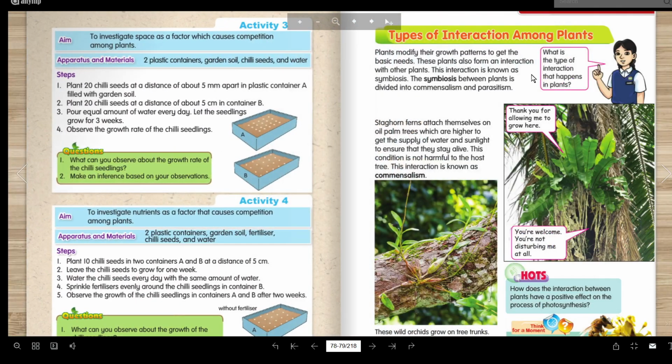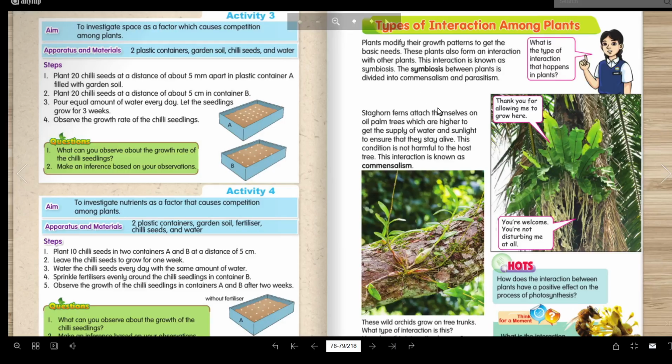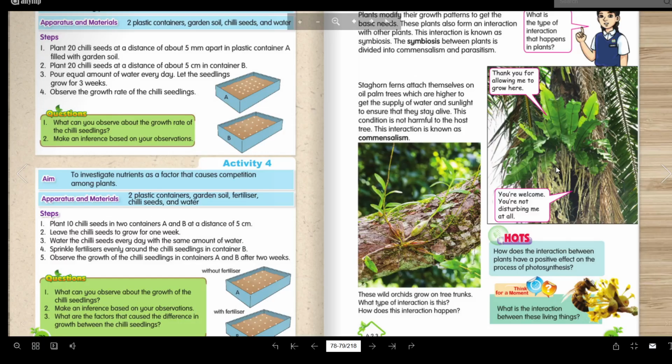Next is types of interaction among plants. Again, we learned symbiosis in the case of animals. In the case of plants, symbiosis has only two types, commensalism and parasitism. In animals, we have seen three, right? Mutualism, commensalism, and parasitism. Like here, if you see ferns, so ferns are attaching themselves on oil palm tree,